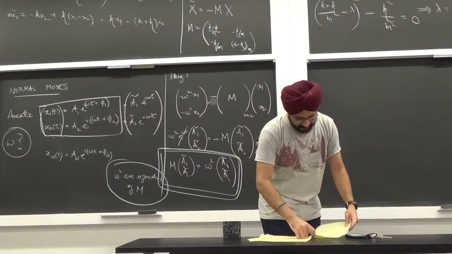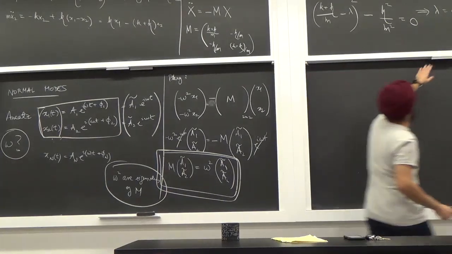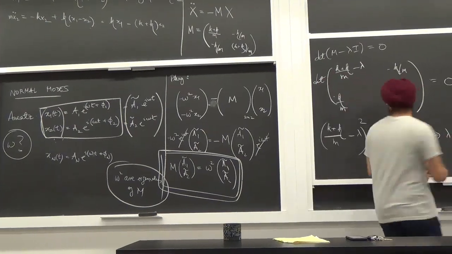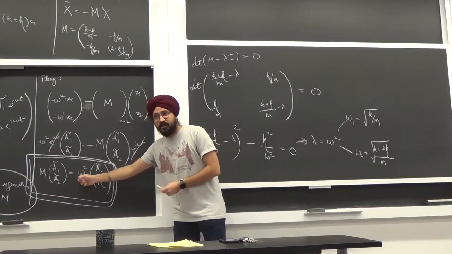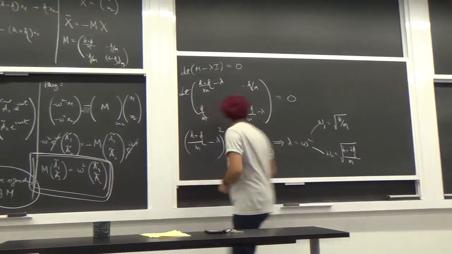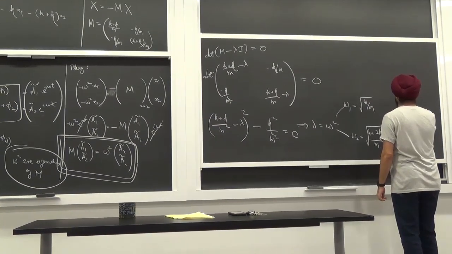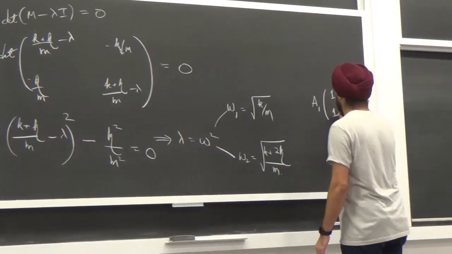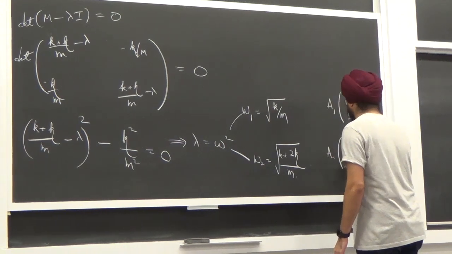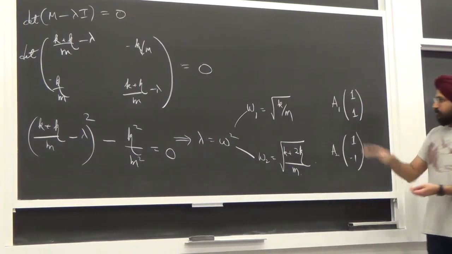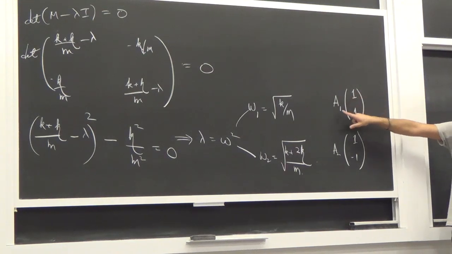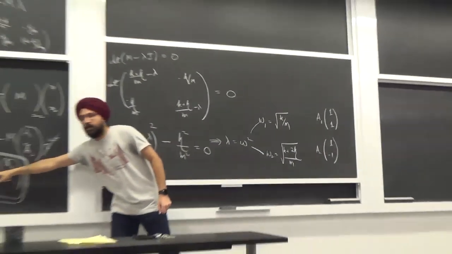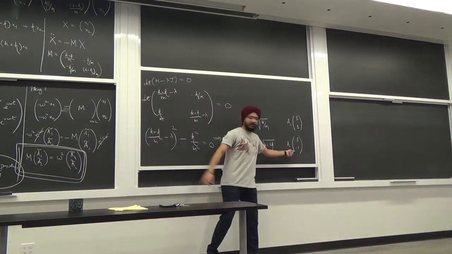Now, once I have my normal modes, I should also mention you can find the eigenvectors just by plugging it back in here again. For a particular omega, plug the number, get the eigenvector. So the eigenvectors in this case are for some constant a1 times 1 and 1, and you get some constant a2 times 1 and minus 1. Now for this kind of a column, a1 is a number here. This column, if you plug it in the equation, gives you omega 1. Plug this column in the equation, it gives you omega 2.